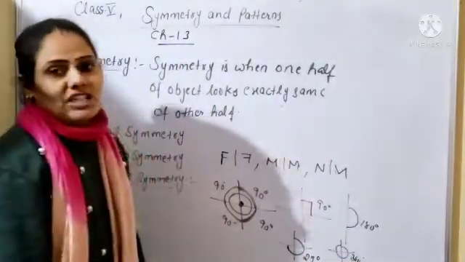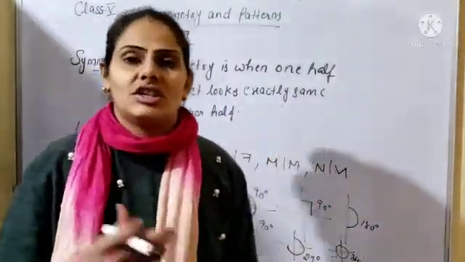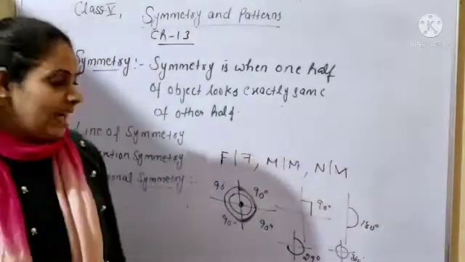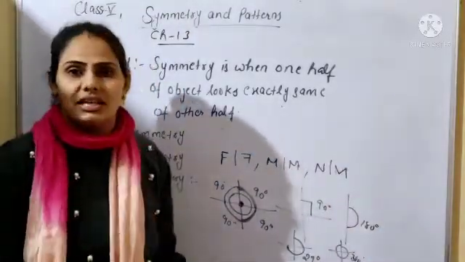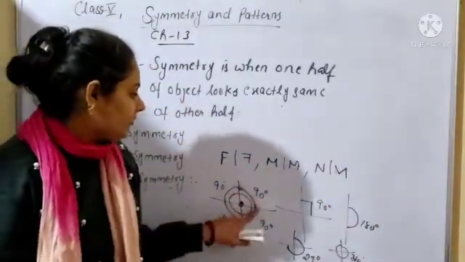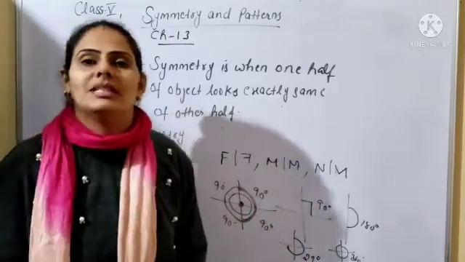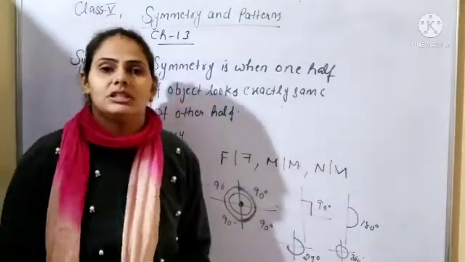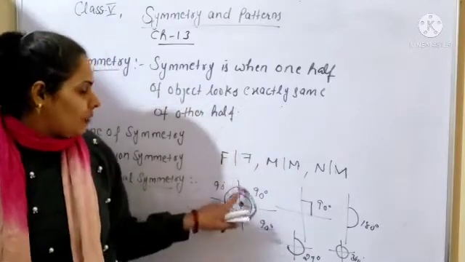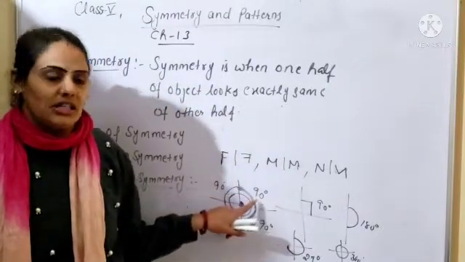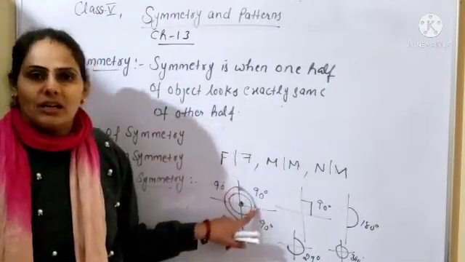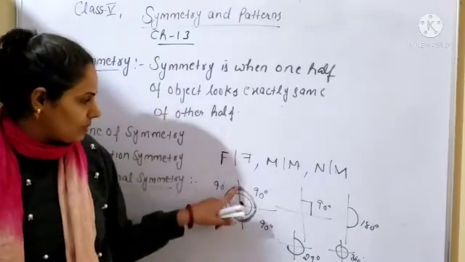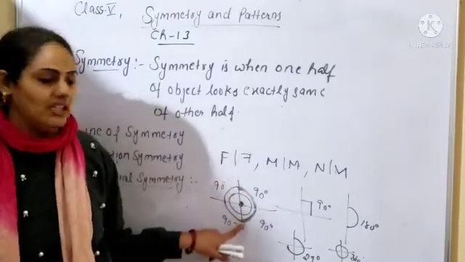So rotational symmetry means you do the rotation according to the angles, according to how much angle you are drawing. If you take the 1/4 turn, or quarter turn, meaning one part out of four where you are rotating, it means you are making an angle of 90 degrees. If it is the half turn, from here to here, it means you get 180 degrees.